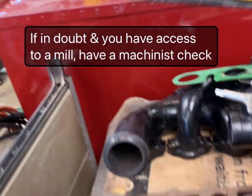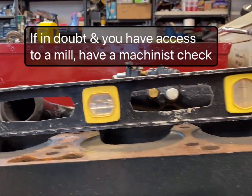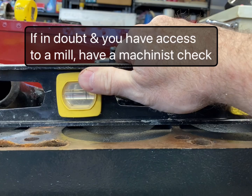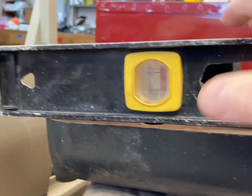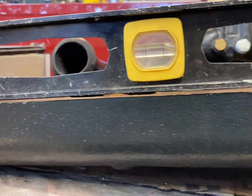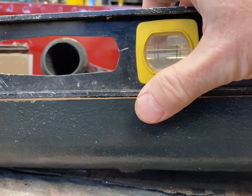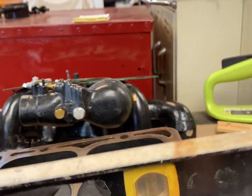Daisy helped me. Now let's check this other side. Yeah, there's a little bit of crud on there, so it's hard to judge without getting it cleaned. I don't know. I think it's actually pretty good. I think it was just the head gasket. So that's basically how you check the